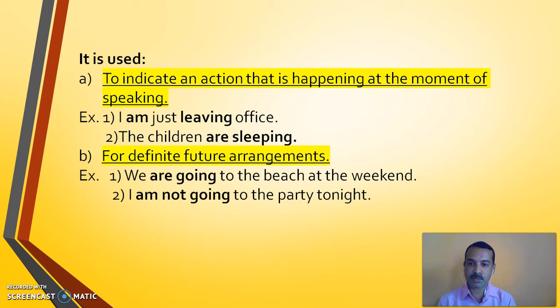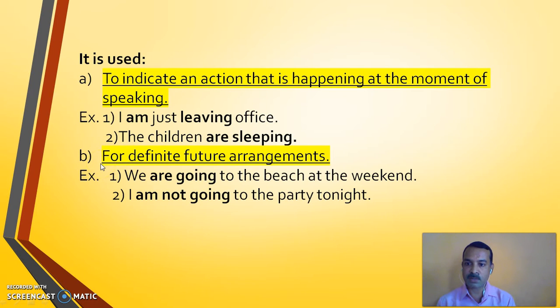In the second example, the children are sleeping. In this example, we can see that the present situation is described. To describe the present situation or condition of a particular thing or object, this type of tense is used. The children are sleeping. Look at the subject. It is in plural form, and so we have taken the auxiliary are and sleeping. मुले झोपत आहेत.